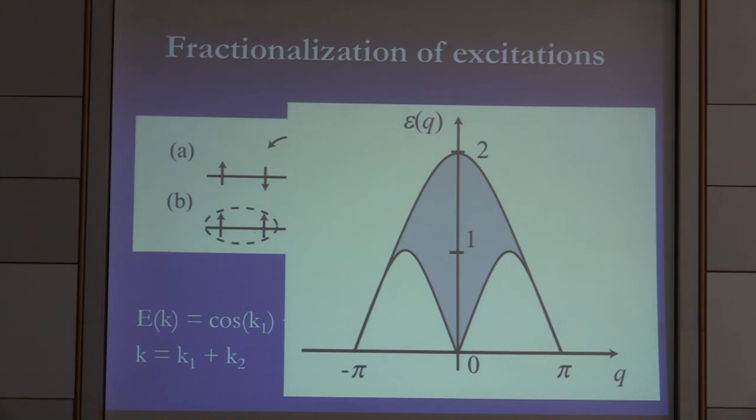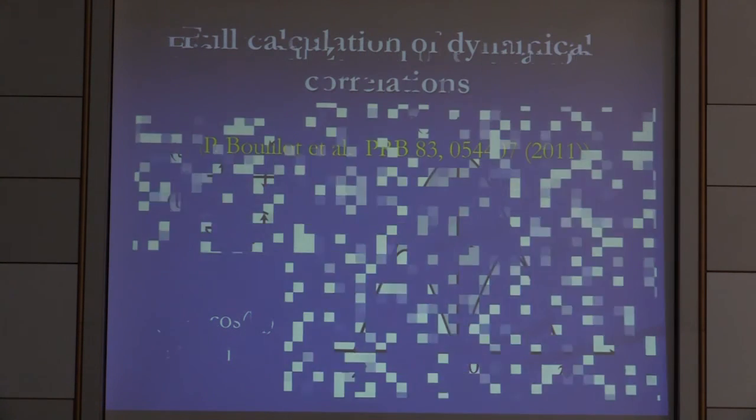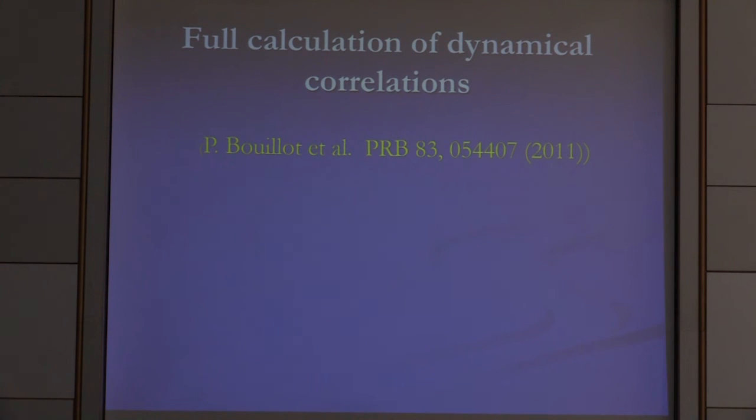This is something known by people doing Bethe ansatz a long time ago. It's called the des Cloizeaux-Pearson spectrum. And it comes from the fact that there is this fractionalization of excitations, which means that if I do a neutron scattering experiment, I should see this remarkable structure. And indeed, it has been observed in a variety of compounds. Let me show you how it has been observed in the ladders, but also that now we are able to compute this